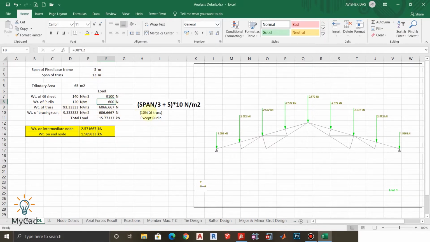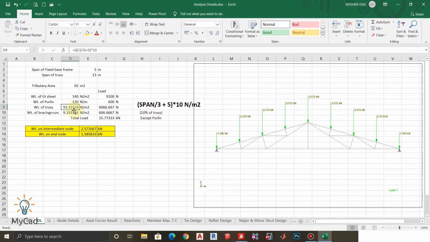And the weight of truss, as we have not designed the truss yet, we don't know which section is to be considered. Thus this is an empirical value, like we used to calculate the weight of truss before designing as span by 3 plus 5 into 10 Newton per meter square of plan area. You can see the equation is written here.